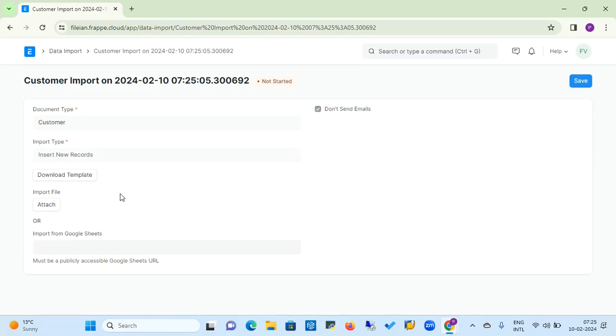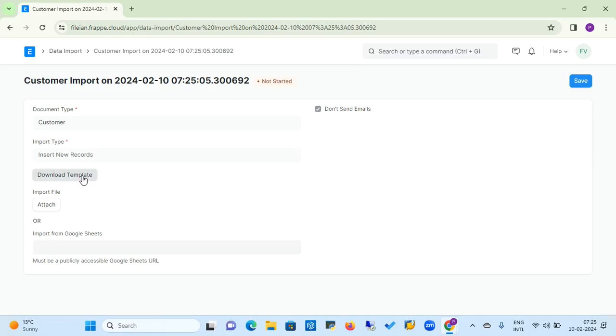But if you don't have a template, then the ERPNext application will provide you the facility. First of all, you can download that template, then prepare it according to the requirement or field mapping purpose, and then attach that same template once again. Currently we don't have a template, so we are going to